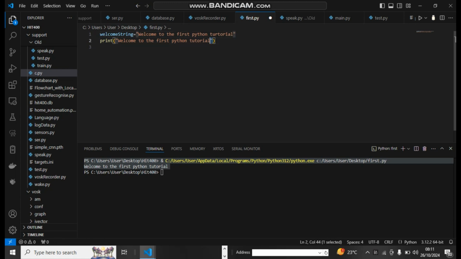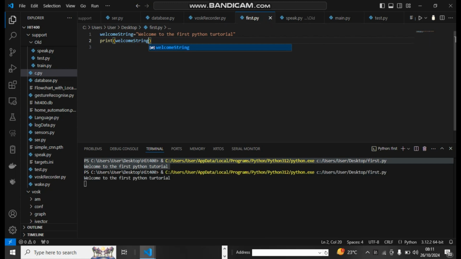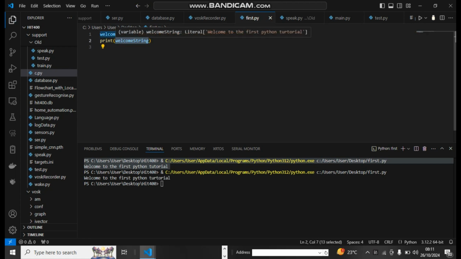Then instead of writing print welcome to the first Python tutorial, I can just write print welcome. And you see that this will have the same effect as writing welcome to the first Python tutorial in the parentheses. So this is a data type which is